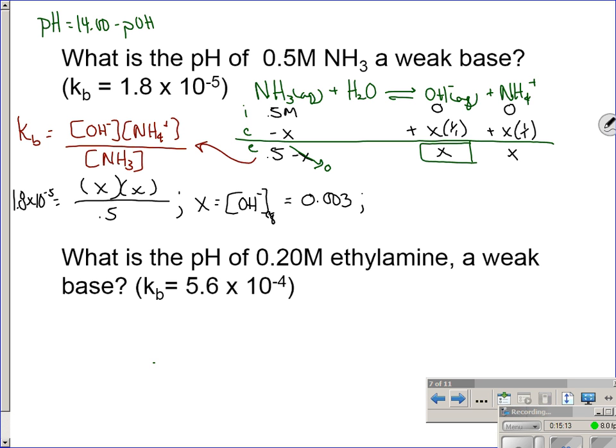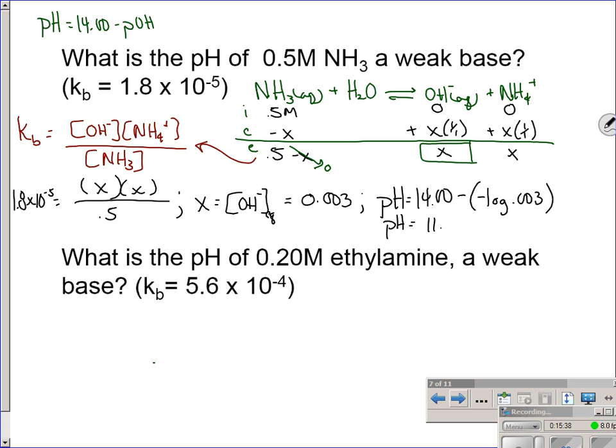If we want to know the pH, pH is equal to 14 minus pOH, and the pOH is the opposite of the logarithm of 0.003. pH is